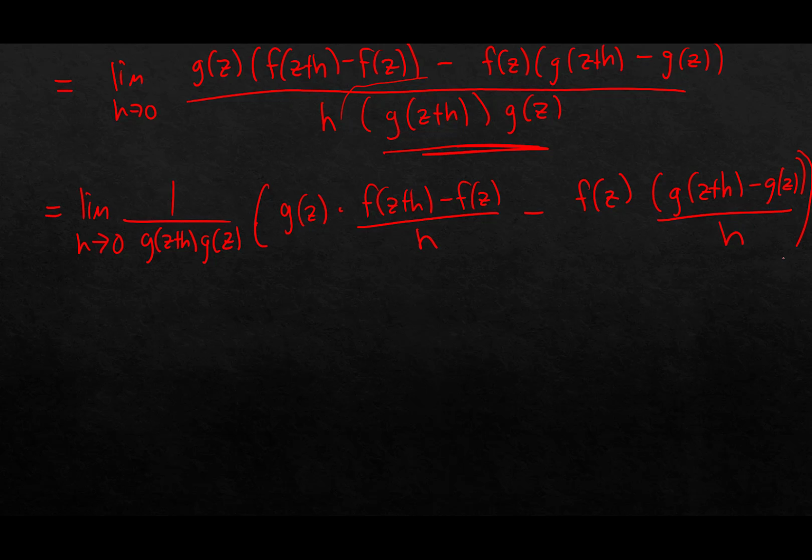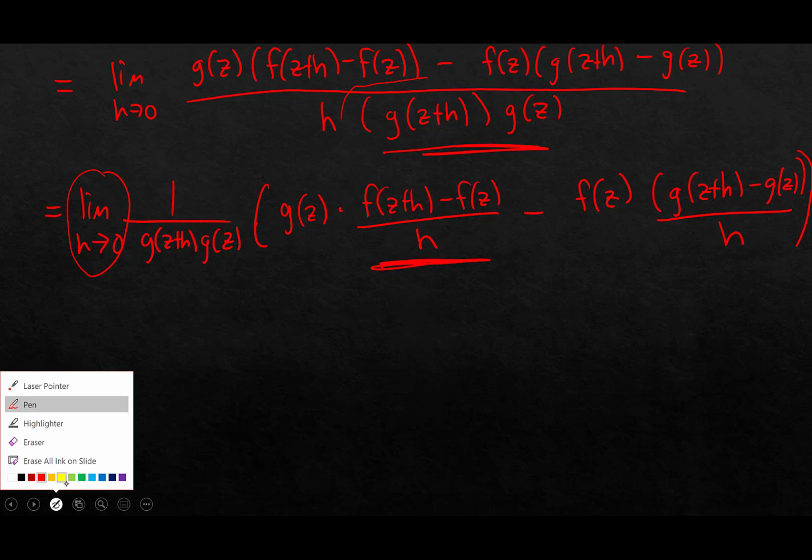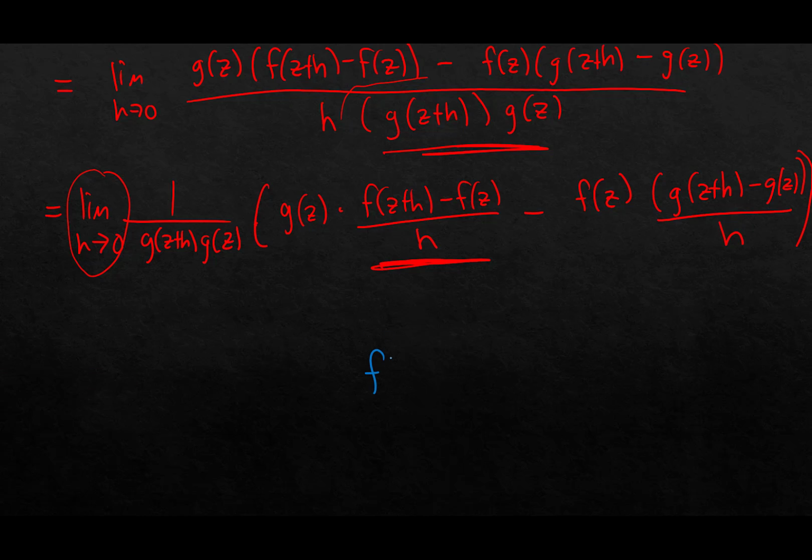Okay, now why do we like this? Well, what's the limit as h approaches 0 of this quantity? That's going to turn into f prime of z. Okay, what's the limit as h approaches 0 of this quantity? That's going to turn into a g prime of z. And what happens as h approaches 0 of this quantity right here? We're going to get, well, just g of z. Now, all these other factors, g of z, f of z, don't matter because they don't have h's in them, right? So they sort of come for free.